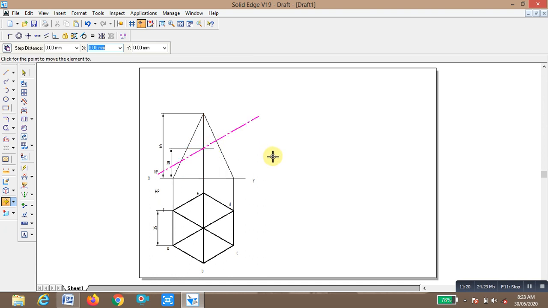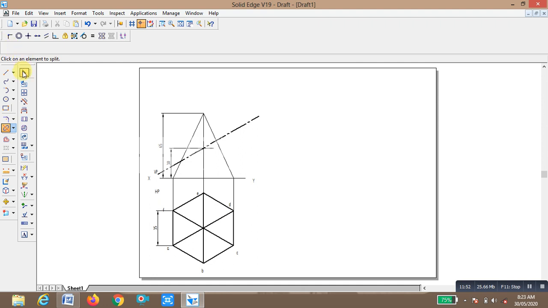Then we are going to make these lines bold. First, we have to split the slant edges. You click on the slant edge, you split at this point. Okay, again click this line, you split at this point. Select this line, you split at this point, and the bottom portion is the retained portion, so you have to make it bold.